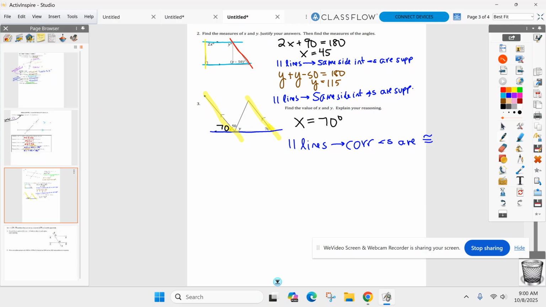I need to get Y, though. How can I get Y figured out? And by the way, you do not have to use anything we have talked about today. Anything we have talked about this year is fair game. Don't think you have to use something I've talked about today. Anything I've talked about this year. Warren, want to throw something at me? Angle Y is 60. Okay, where'd that come from? It's correct. Because